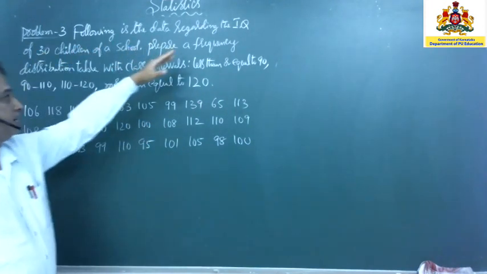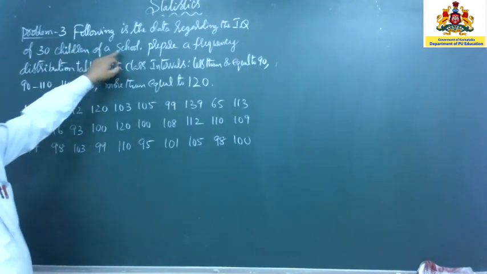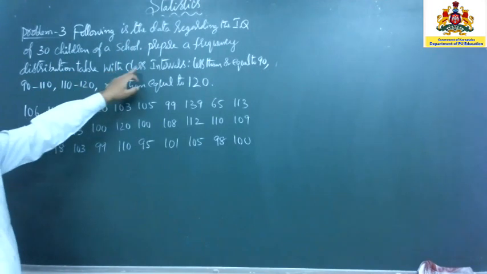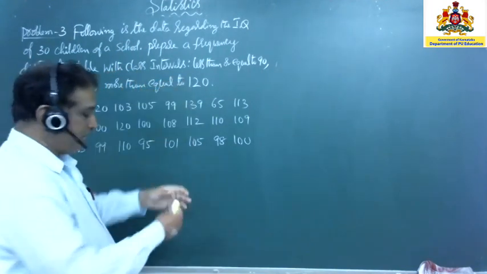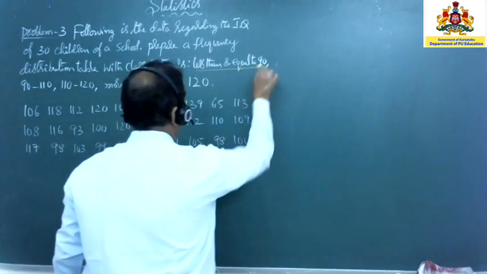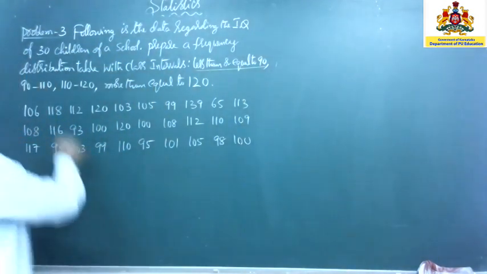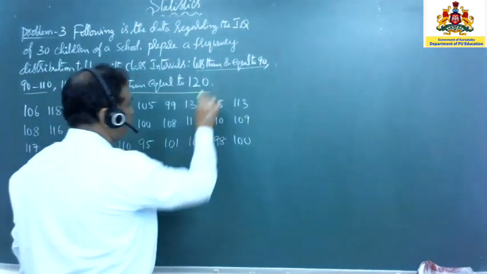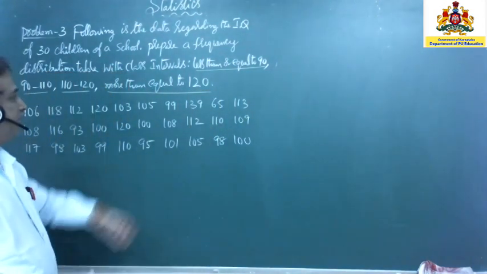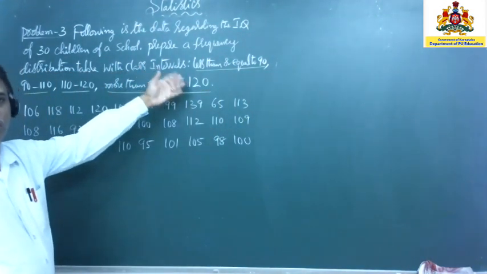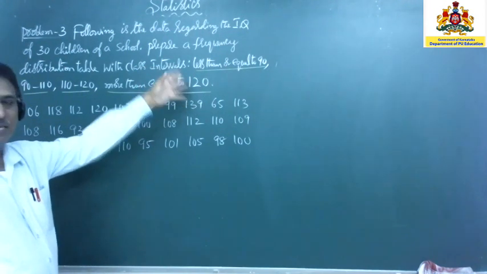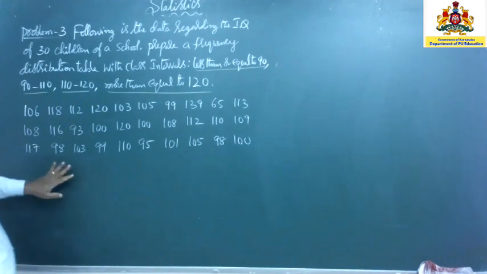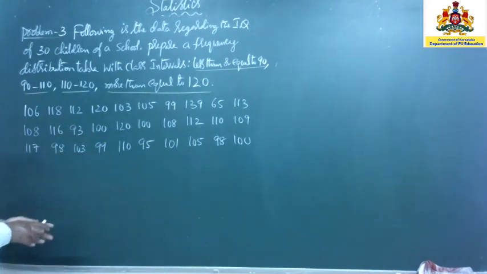Following is the data regarding IQ of 30 children of a school. Prepare a frequency distribution table with class intervals less than or equal to 90, 90 to 110, 110 to 120, more than or equal to 120. Here they gave a clue. You have to prepare the class intervals in this manner. Okay, in the solution,